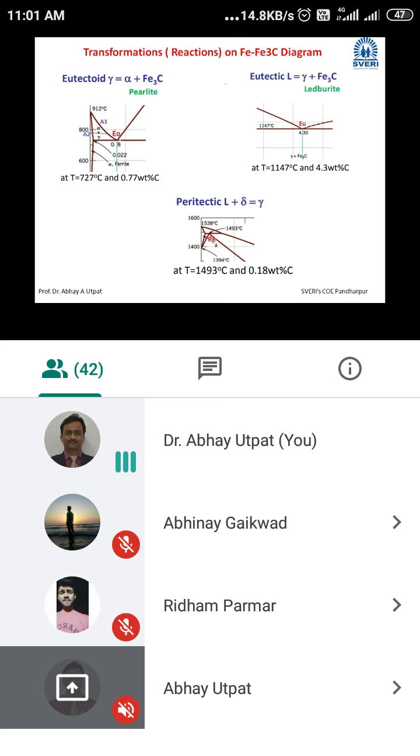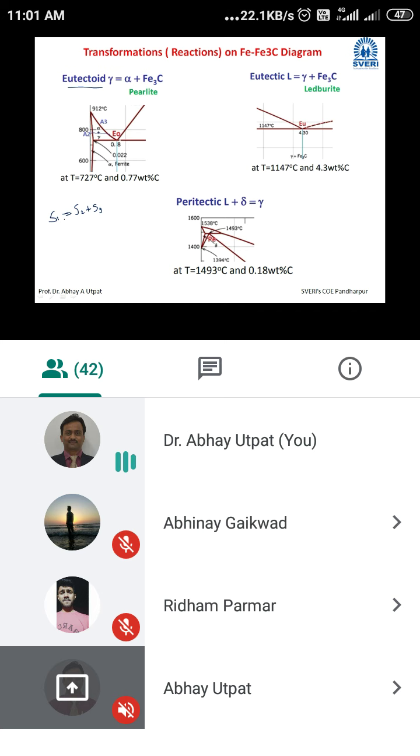First reaction, you take eutectoid. At the left corner I have shown it. What is the reaction? You can write down the general reaction: S1 gives S2 plus S3. I have not written it here, but for your information I am writing it. In your notebook, write: S1 gives S2 plus S3.